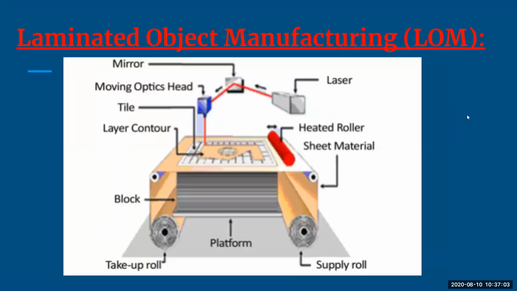Next we have laminated object manufacturing. Okay, so laminated object manufacturing, the word itself is telling its meaning, the object will be laminated. This is also a method of 3D printing, where you can have layers of plastic or paper that are fused, or you can say laminated. Because it is laminated, we will refer to this as laminate always. It is actually layers of plastic or paper that are cut together into the desired shape, using heat and pressure, with computer-controlled lasers or blade.